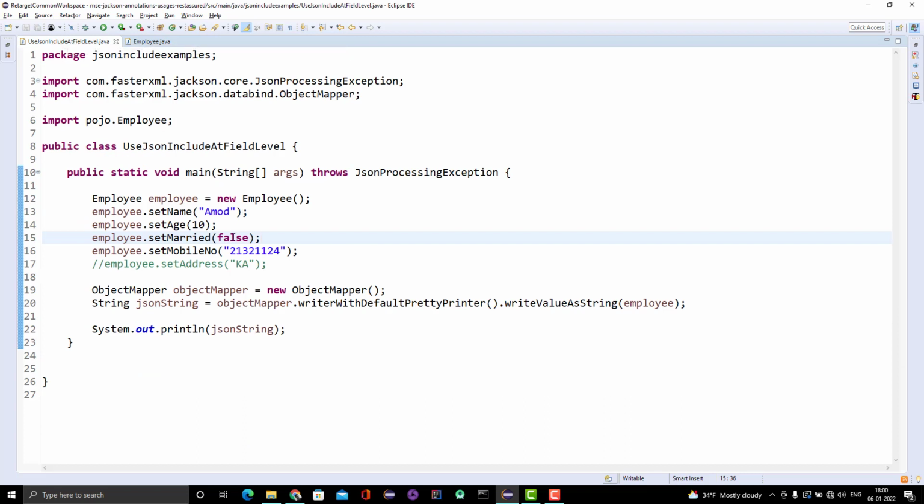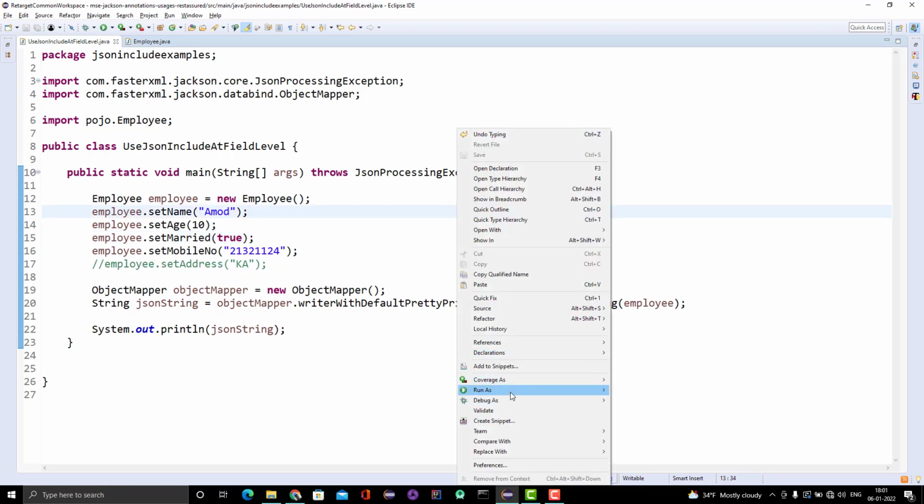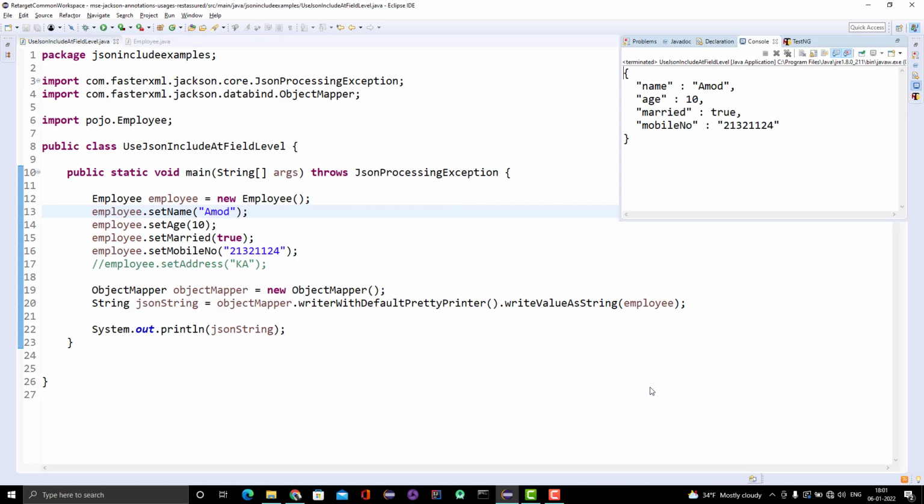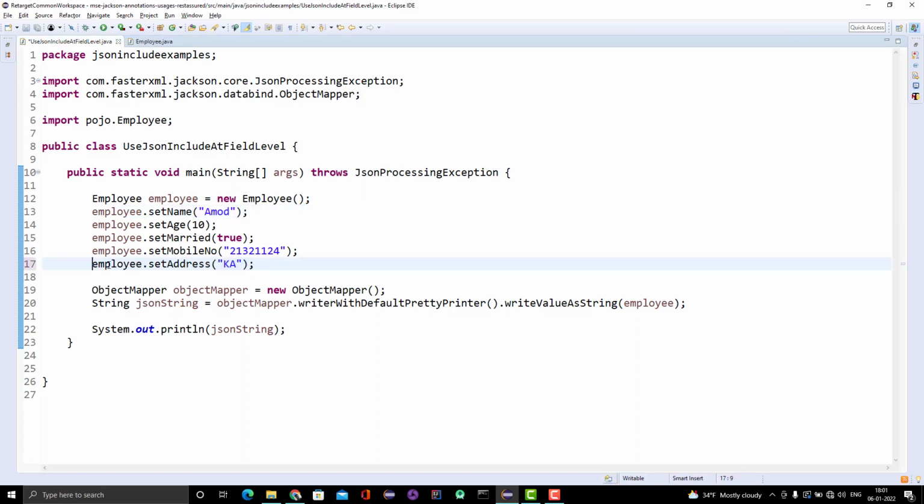Suppose you put true, it will include it now, because true is not a default value. You can see it is including married as true. Similarly, if you set a value for address, it will include the address field as well.